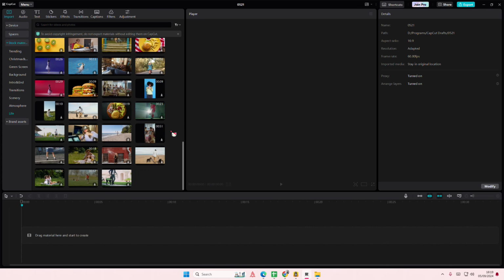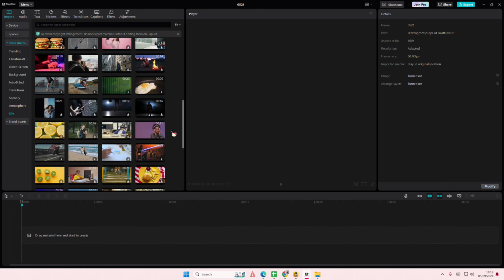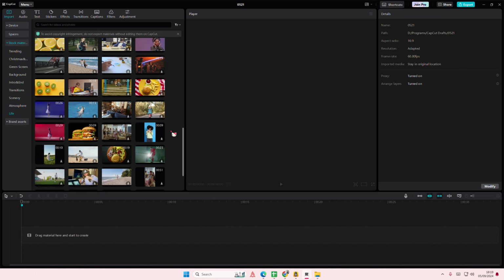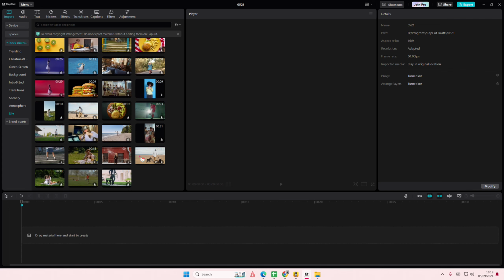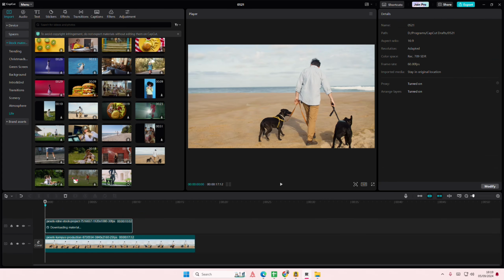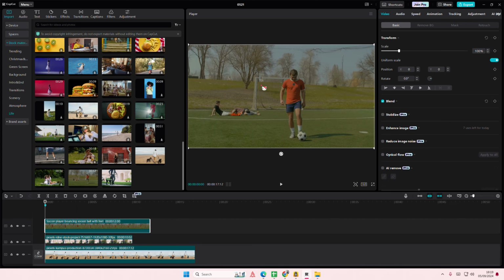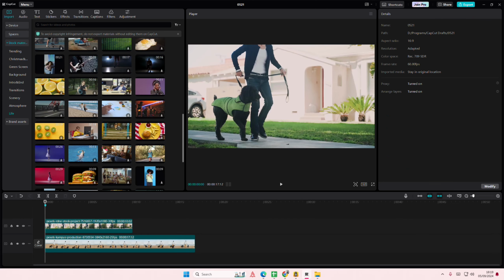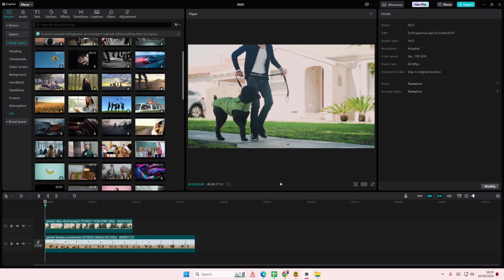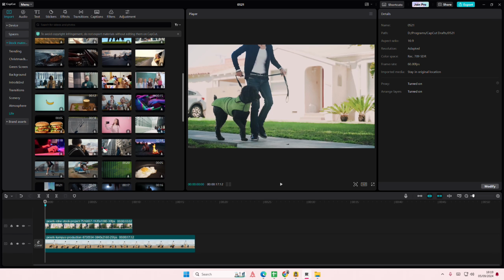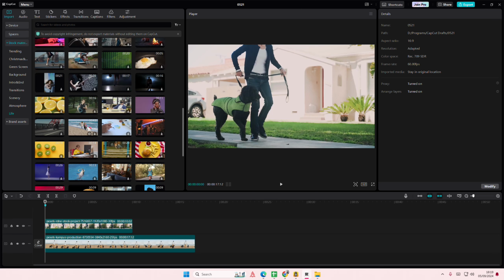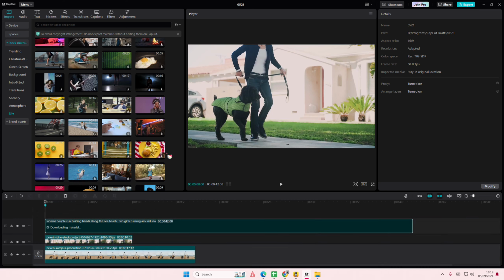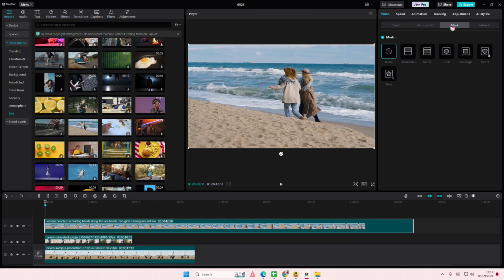In this video I'll be showing you guys how you can create the split screen effect on CapCut PC. It's super simple. You are just going to select some videos. I'm just going to select these videos. Then you are going to go to the mask section and you're going to select the mirror